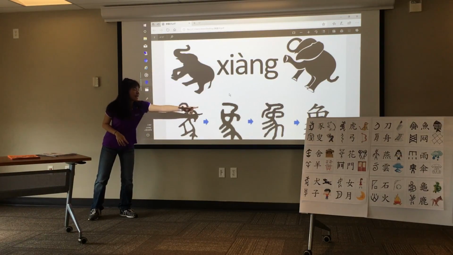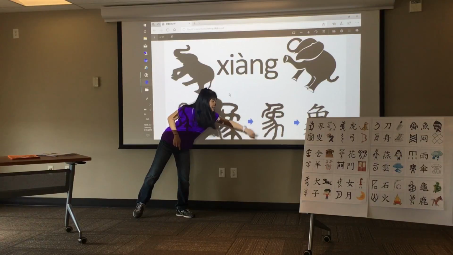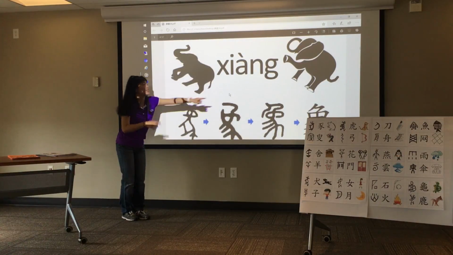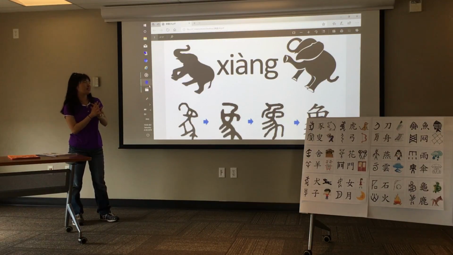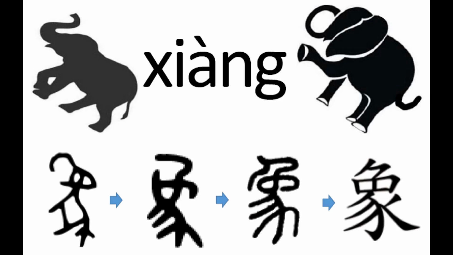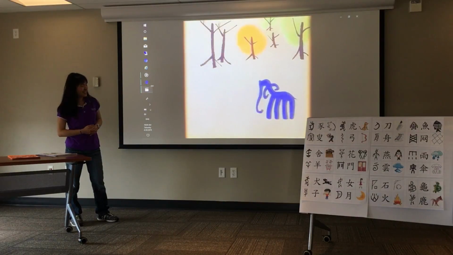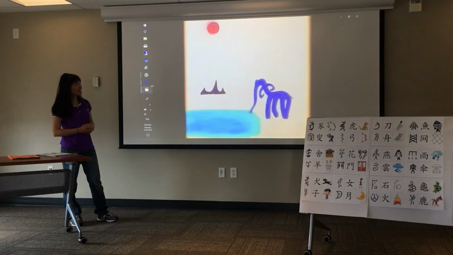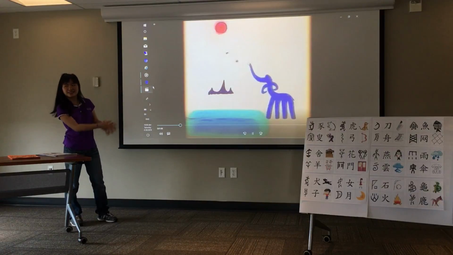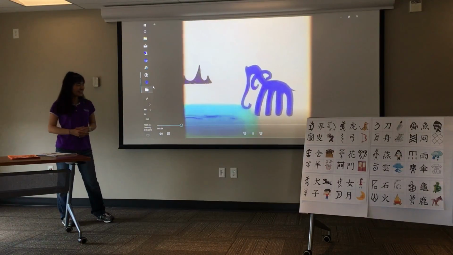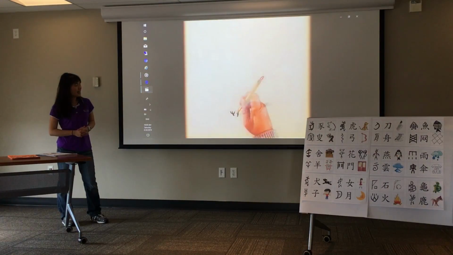That's the ears, and over time, the head got turned sideways, so now these are the two big ears, and the round body and the four legs and the tail are still here. And on the top, there's still that long trunk. So this is a word for elephant, and it's pronounced xiang. Xiang. 象。 哎，你是怎么认出来的呢？ How can you tell this is xiang? 一个长鼻子，四条腿。 对了，咱们的祖先啊，就是这样创造了象形文字。这像什么？ Hey, what does this look like?